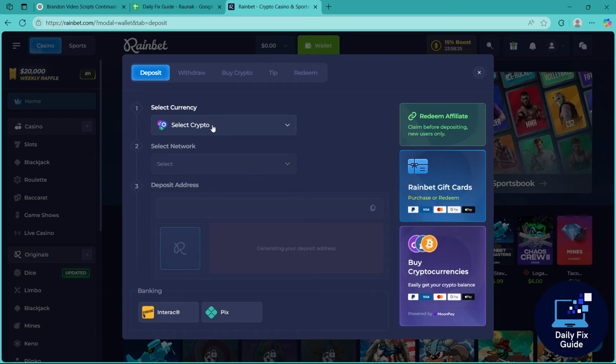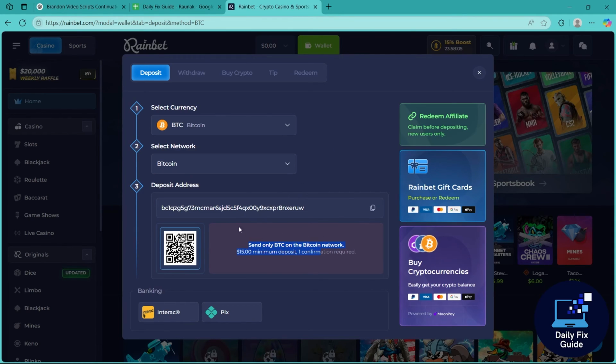And the other method that is widely used is the crypto one. Click on select crypto, choose any crypto you want, select the network. After selecting the network, you'll have to simply choose this deposit address, add this deposit address in your crypto application, then complete the transaction from your crypto application and you would have successfully deposited money in